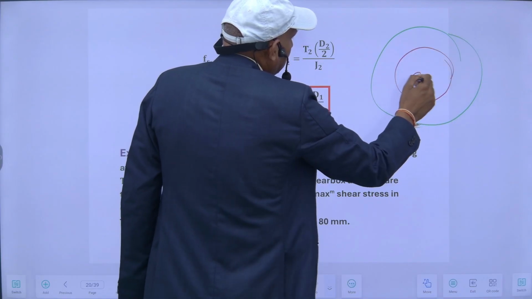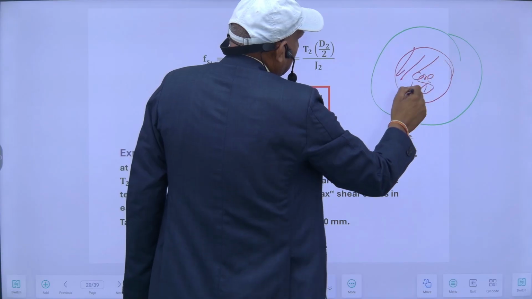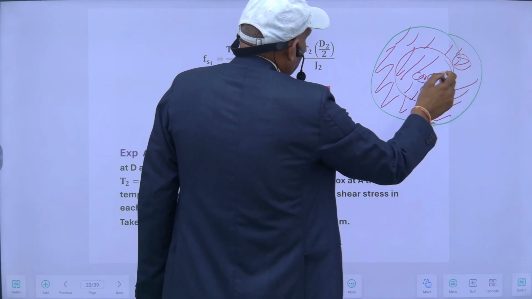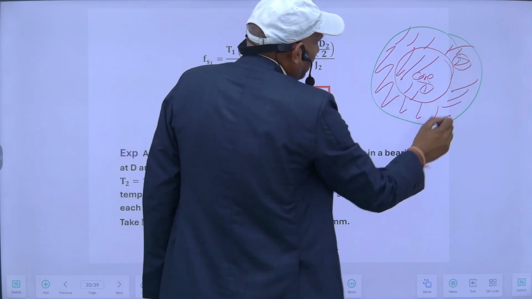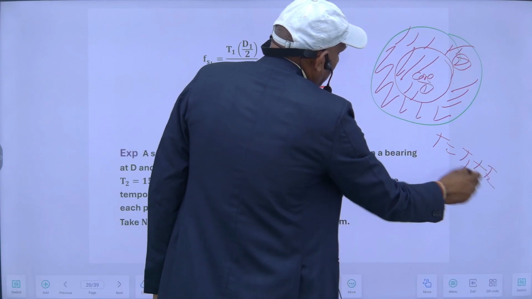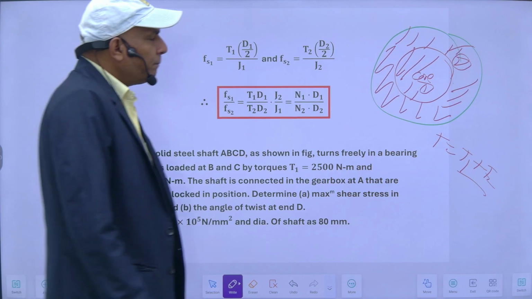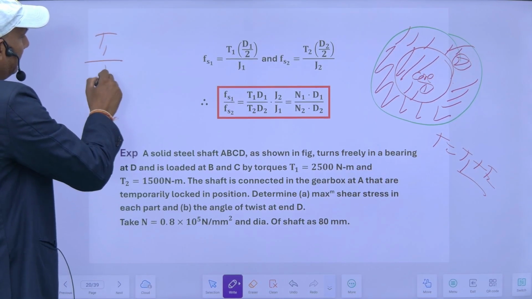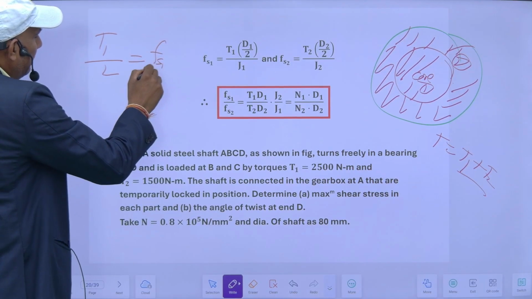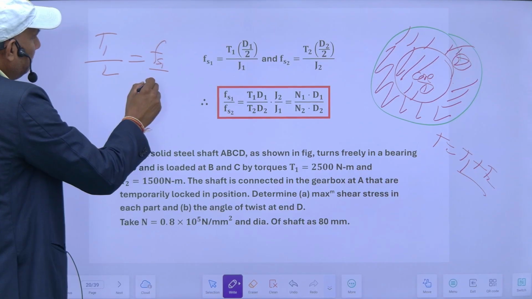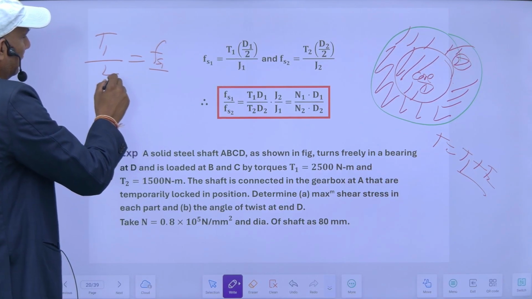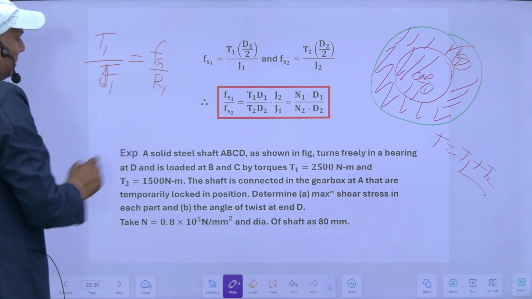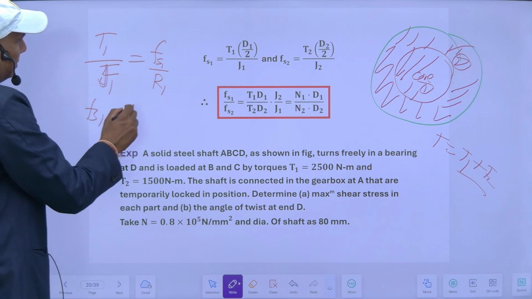This is my core and this is my outside material. So T is equal to T1 plus T2. So the corresponding maximum shear stresses will be different, and that will depend upon T1 and T2. So T1 upon J1 is equal to Fs1 upon R1. So Fs1 is equal to T1 into